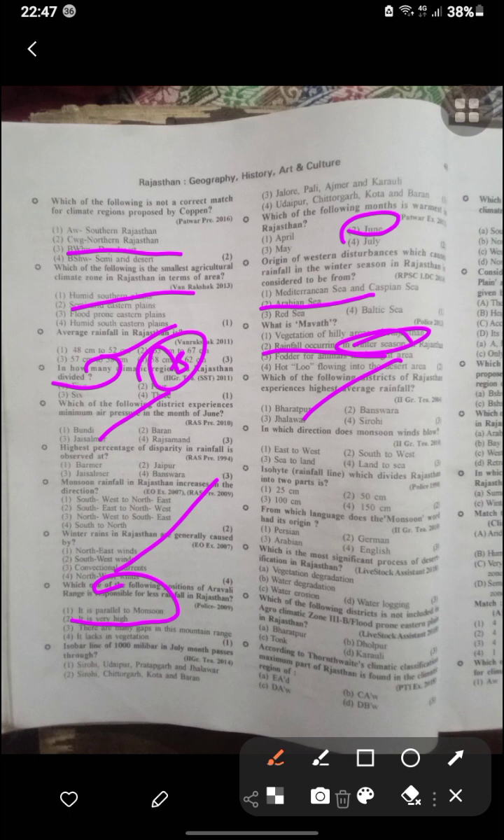Okay. In which direction does the monsoon wind blow? That was sea to land. Isohyet means a line dividing rainfall by 50 centimeters. From which sea does the monsoon have its origin? That was the Arabian Sea. Which is the following